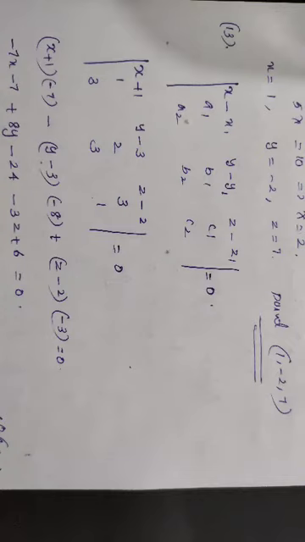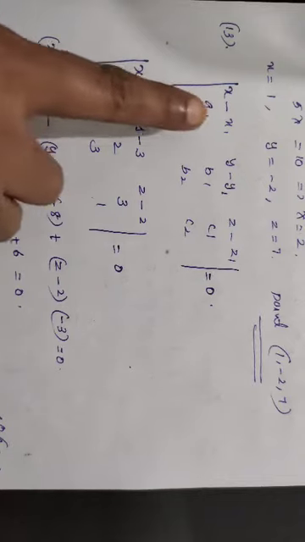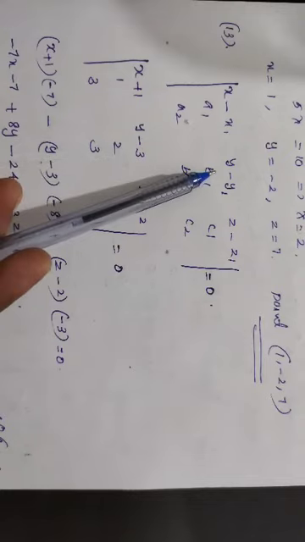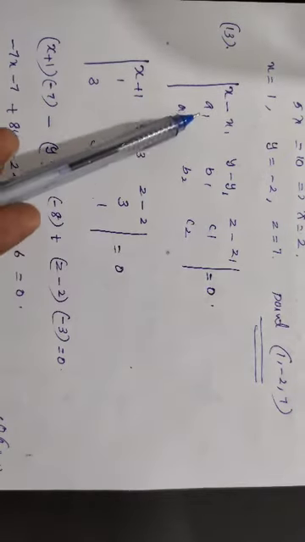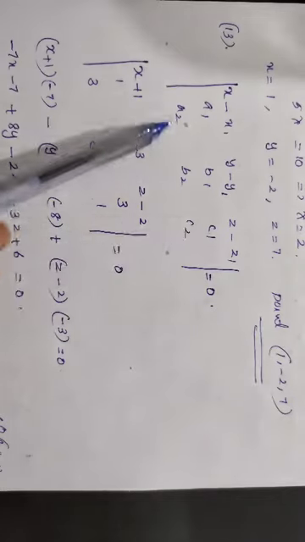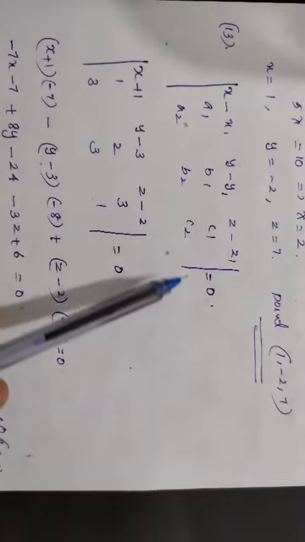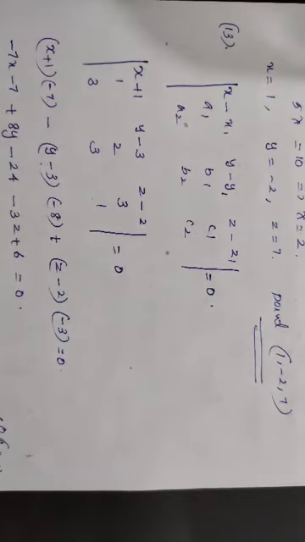Find the equation of a plane passing through a point and perpendicular to two planes. What is the standard equation? The determinant with rows x minus x1, y minus y1, z minus z1; A1, B1, C1; A2, B2, C2 equals 0. Then what is x1, y1, z1? That is the given point in the question.